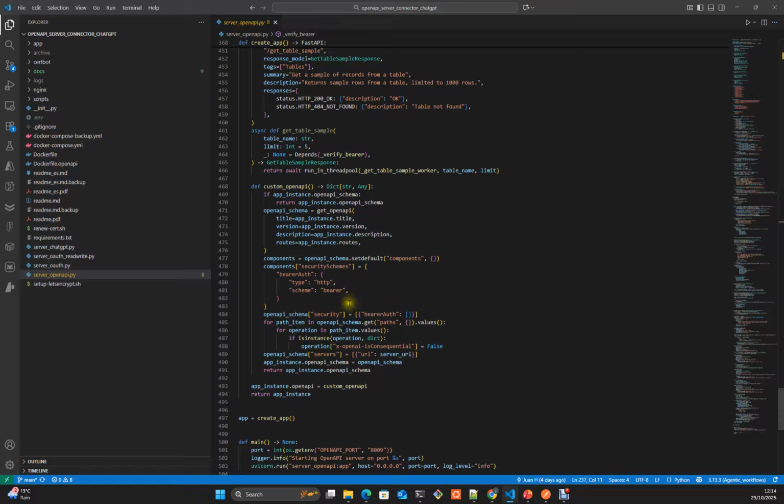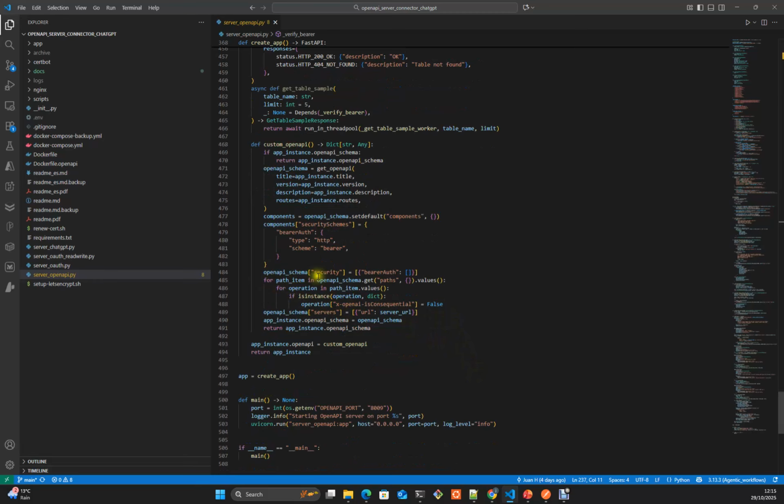So here you have the option to define bearer authentication, no authentication, or OAuth authentication, but only one. If you want to change the authentication to OAuth, you will have to change this code here.